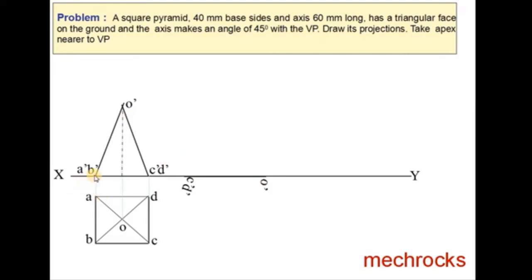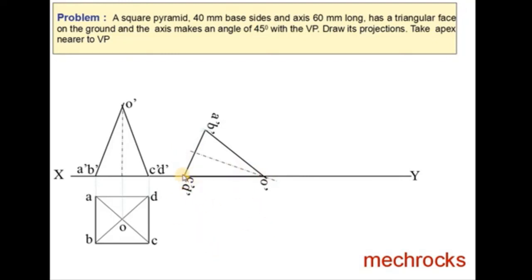Next we have to look at A dash B dash. Now we take O dash A dash as the radius, with O dash at the center, and draw an arc. Similarly, we take A dash C dash as the radius, and with this point as the center, draw another arc. The intersection is A dash B dash. Next is A dash C dash. Next then O dash A dash. Next we draw this axis line, passing through the midpoint of this line. Here also, look at the midpoint and join it with O dash. Like this.